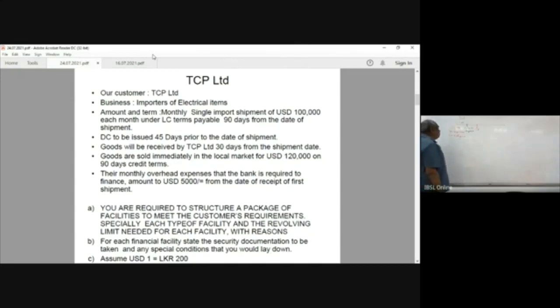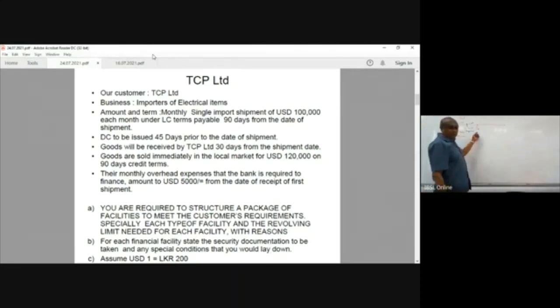And the shipment will take, from the shipment date, another 1 month to receive the goods by TCP, right? So altogether, the lead time is 2 months. Altogether, the lead time is 2 months, right? Then